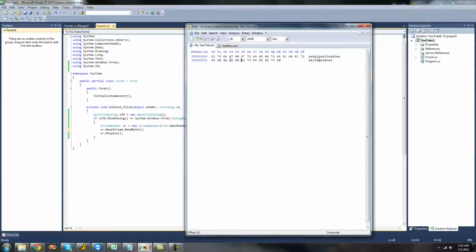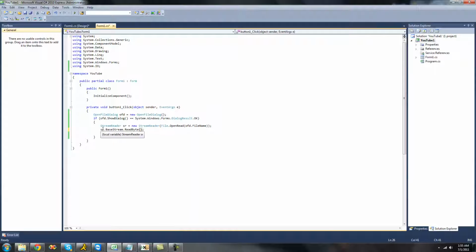The maximum value for a byte, like I said in the 35th C# tutorial, was 255, while 255 in hexadecimal is FF. So hexadecimal will allow every byte to be only 2 characters in length, and not 3 if we were to go up to 255. So when we read this byte into the text box right here,